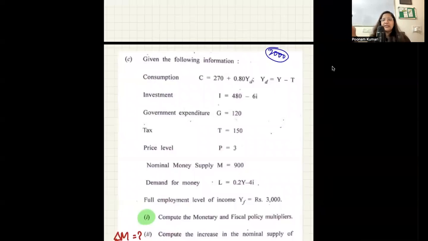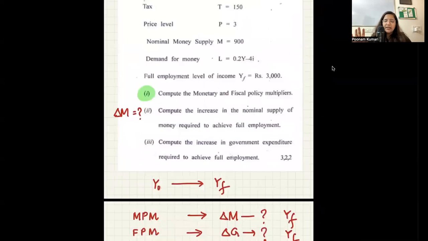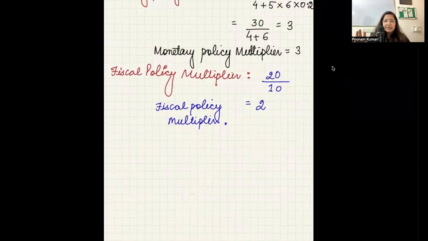तो आपको 2,000 से अगर 3,000 पे पहुंचना है, तो व्हाट इज द चेंज इन इनकम दैट यू नीड, अ चेंज इन इनकम ऑफ 1,000, राइट? अगर आपको 1,000 अपनी इनकम इंक्रीज करनी है, तो फिर आपको क्या चाहिए? आपको अपना गवर्नमेंट स्पेंडिंग कितना चेंज करना पड़ेगा, या फिर आपको अपना नॉर्मल मनी सप्लाई कितना चेंज करना पड़ेगा? सो लेट्स से, जस्ट प्रोसीडिंग विद द एग्जांपल दैट आई हैव जस्ट टेकन, दिस इज अ रैंडम एग्जांपल. सपोज आपका इनकम निकल के आया 2,000, आपको पहुंचना है full employment income पे, which is YF, which is 3,000.